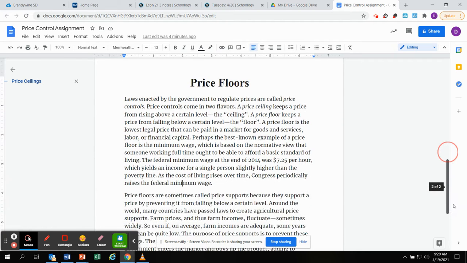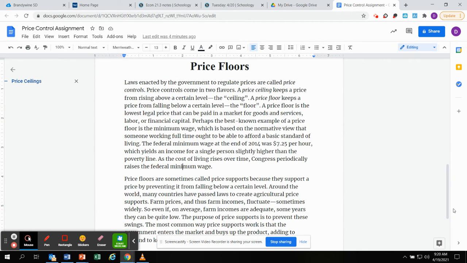Price floors. Laws enacted by the government to regulate prices are called price controls. Price controls come in two flavors. A price ceiling keeps a price from rising above a certain level, the ceiling. A price floor keeps a price from falling below a certain level, the floor. A price floor is the lowest legal price that can be paid in a market for goods and services, labor, or financial capital. Perhaps the best known example of a price floor is the minimum wage, which is based on